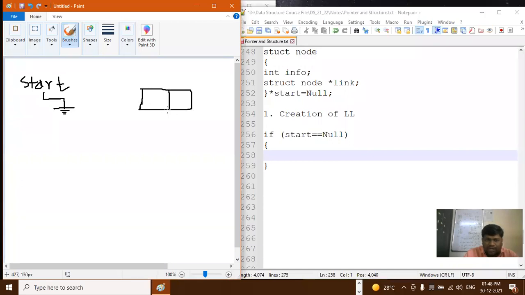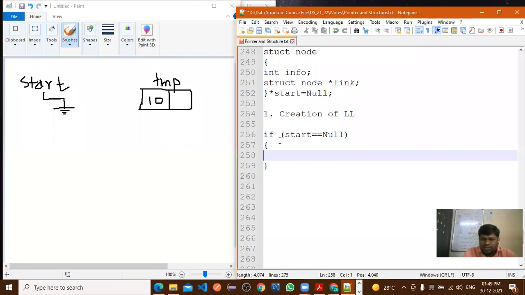And the variable name, we'll give temp here, TMP. Is it visible to all? So this screen. Yes, sir. Okay. Now this temp node, or this 10 value you want to insert here, right? Now how to insert? First we'll check start equal to null.